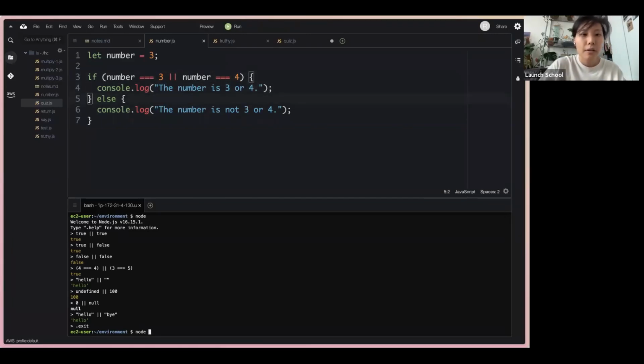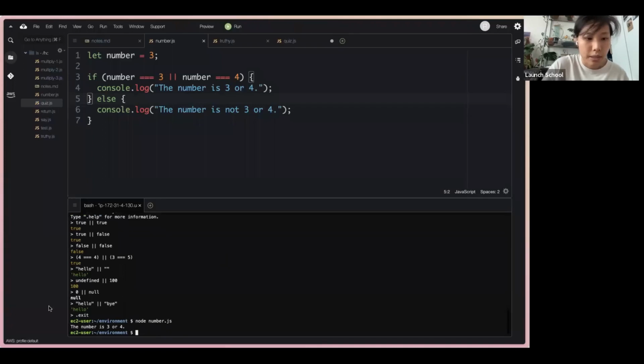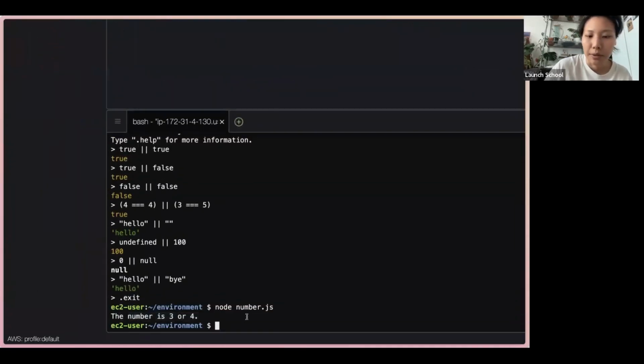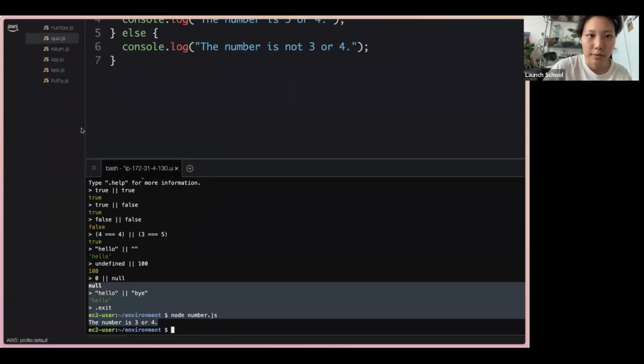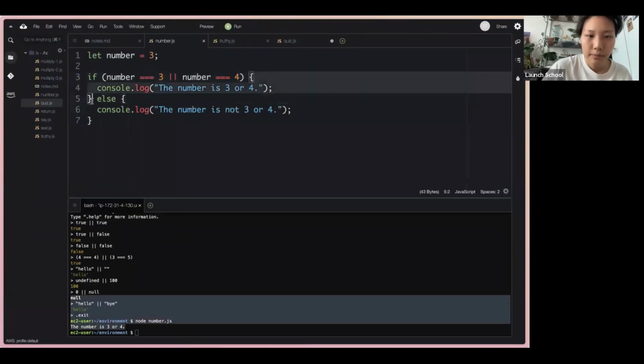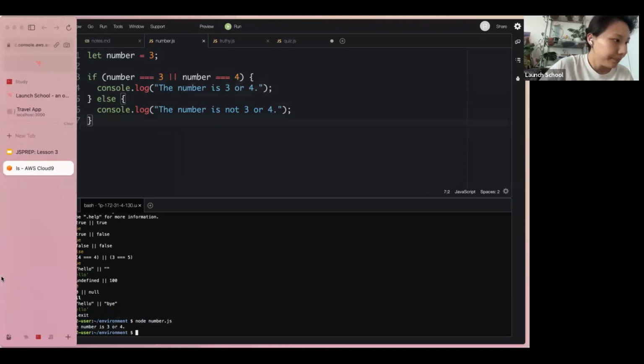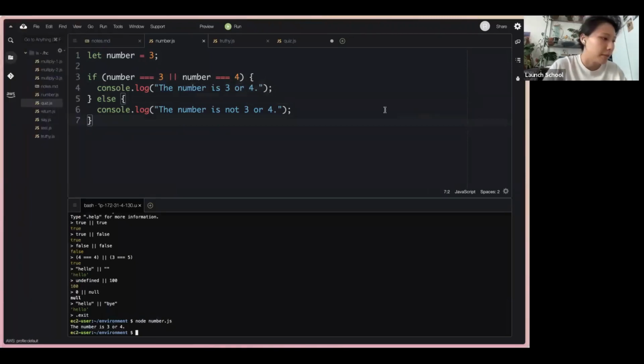So if we run that file, node number.js, we can see that the number is currently assigned to the number 3. So that means this first expression is going to evaluate as true. And therefore, remember with the logical or operator, it doesn't even have to evaluate this expression. So we're simply going to get true. And that's why we get "the number is 3 or 4", because this condition ran. Right? Okay, and then lastly with the AND operator,